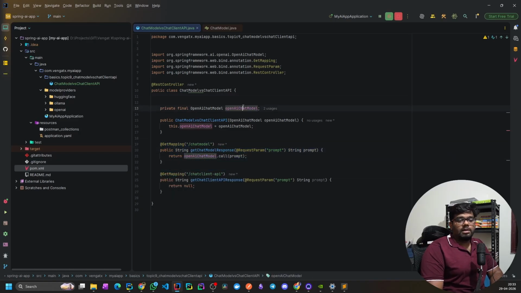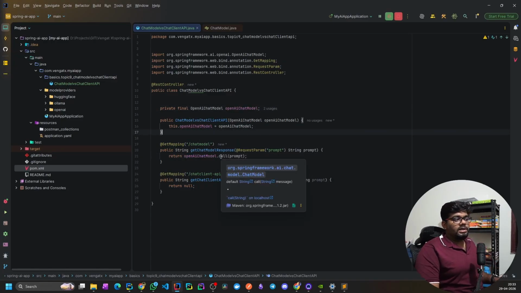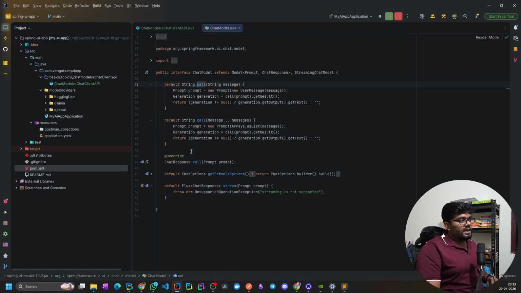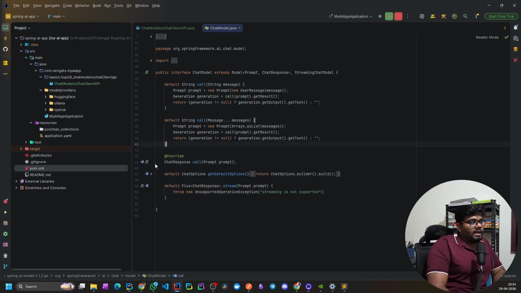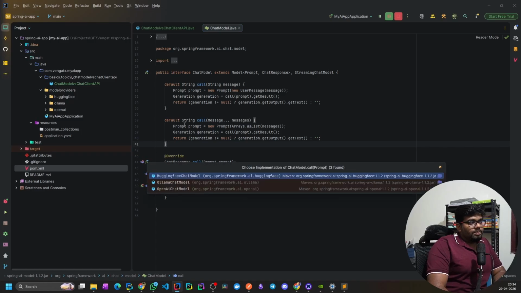This bean is applied with Spring. Once I get the bean, it will try to call this OpenAI chat model. This call method will try to invoke the OpenAI related stuff, right? Let me go inside and show you what is happening inside. Now you can see there is a call. Let me go to call, and you can see when I click on this option, this is a chat model